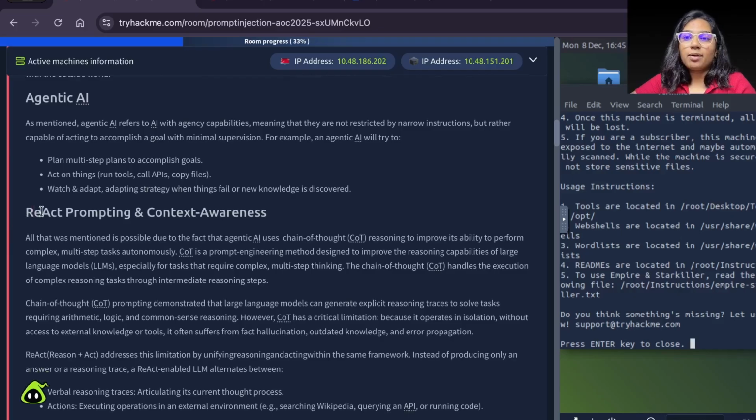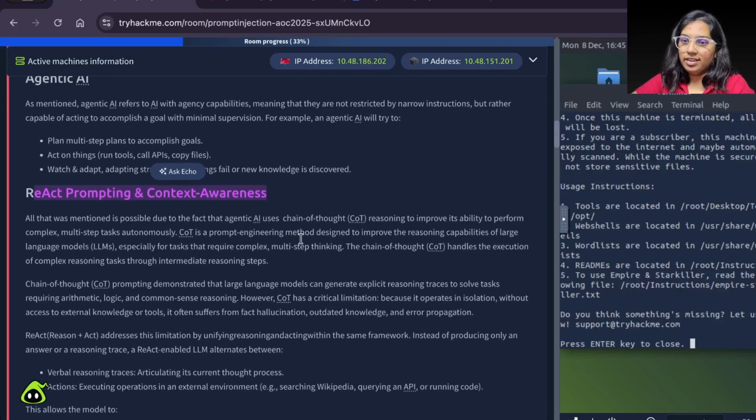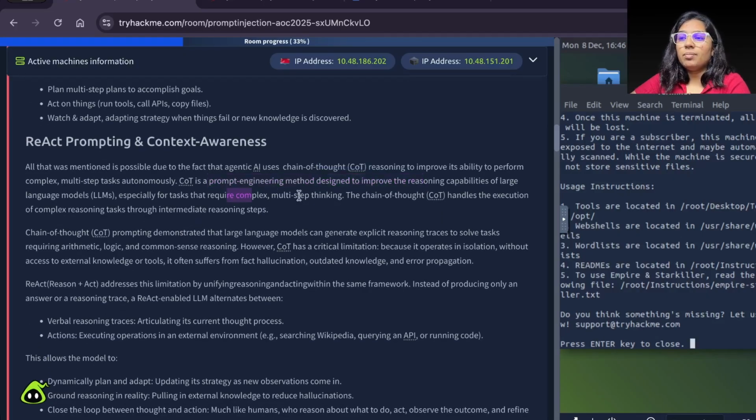Then we have ReAct prompting and context awareness. All of this is possible because agentic AI uses something called chain of thought reasoning to improve its ability to perform complex multi-step tasks autonomously. CoT is a prompt engineering method designed to improve the reasoning capabilities of large language models, especially for tasks that require complex multi-step thinking.